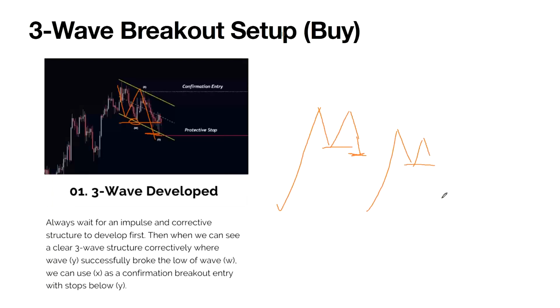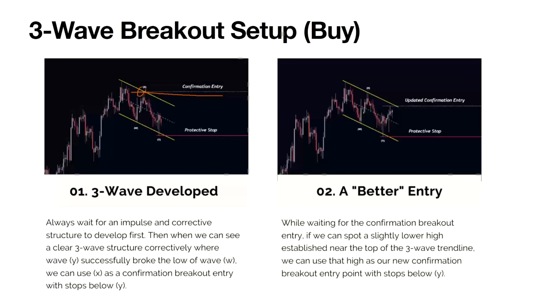So again, these are some conditions and criteria that help us determine the setup. Once we have a three-wave completed, we're using a breakout setup, right? So that's where the buy stop potentially is. Now, obviously, this is still pretty wide. As the market continues to develop, we can start to shift our entry a little bit lower, because this starts to come down like that.